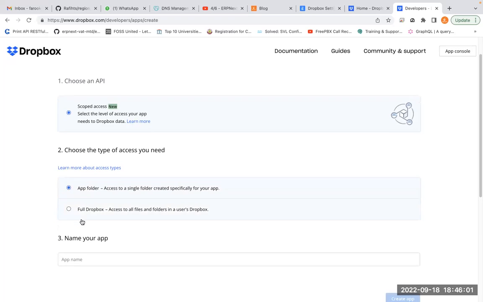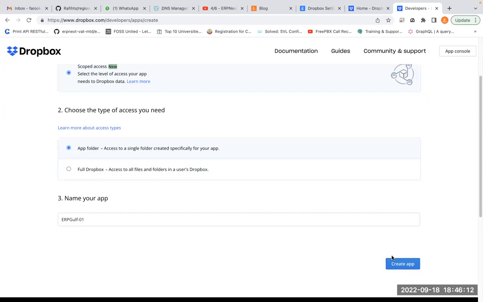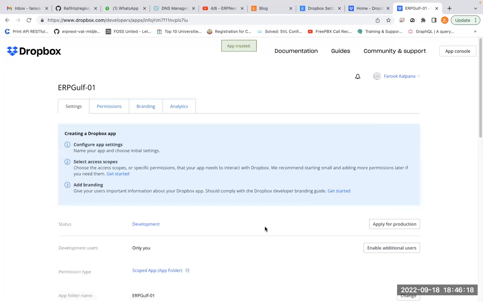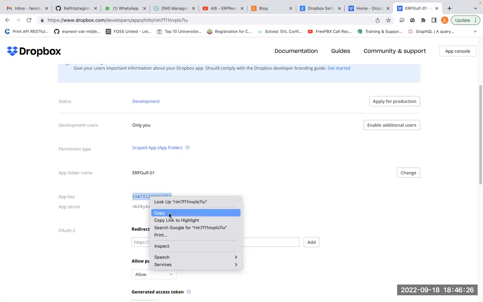I mean, you need to allow someone to access it. So I'll just put ERPGulf 01. That's it. So I just put an app name and create an app. See here, I'm creating an app. Now, once I created the app, it's pretty simple. You can see here an app key. So you just copy that app key